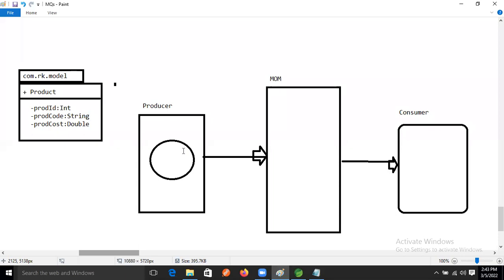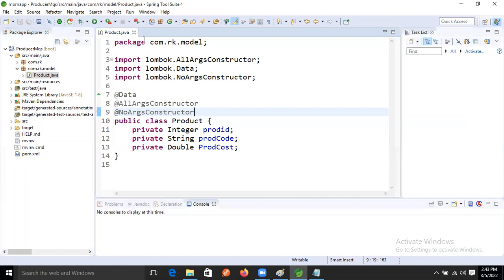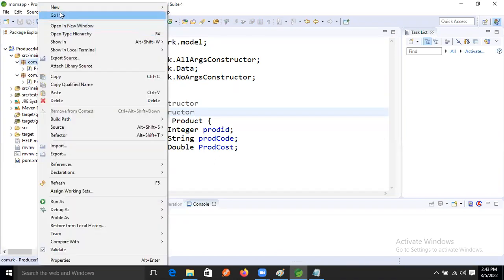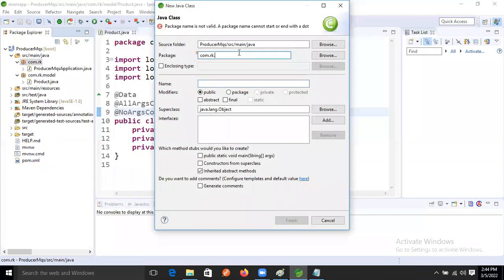Those logics we will write inside the utility classes. Just now we completed that converter class, and that converter logic only we will write in the utility class. So here, let's create one more package. New, let's take